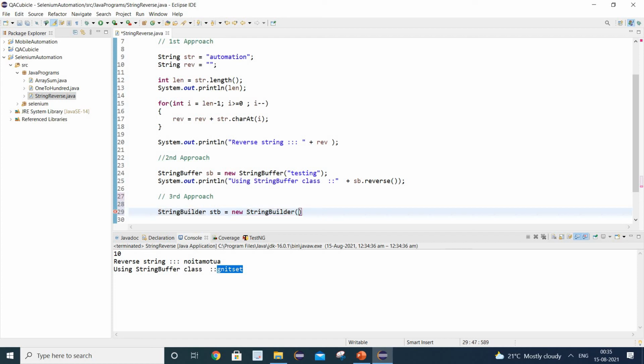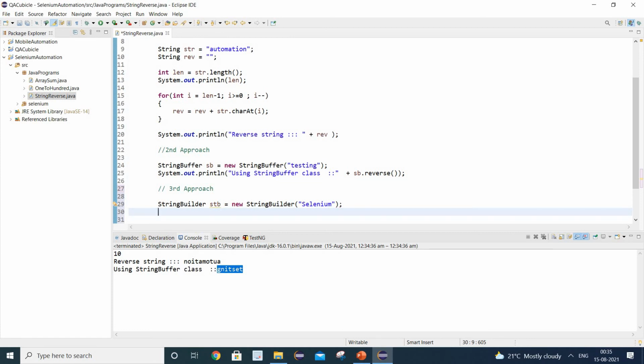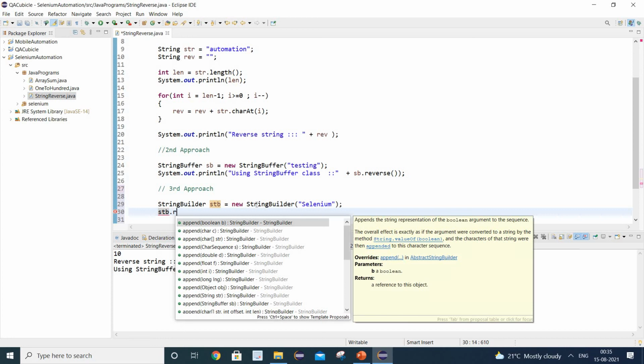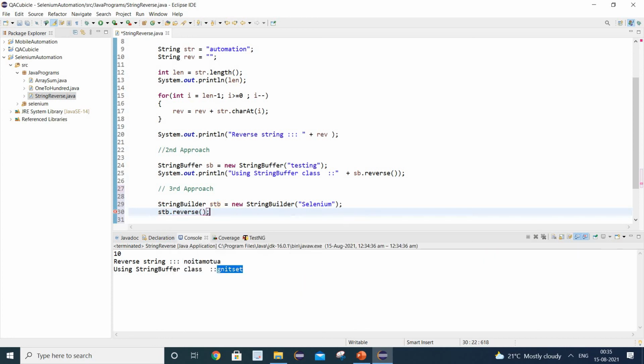Okay, and let's use some other string here. So I will write "selenium". Okay, the StringBuilder class also provides one method, that is reverse. So I will write stb dot reverse. Okay, and we can again simply print it out.